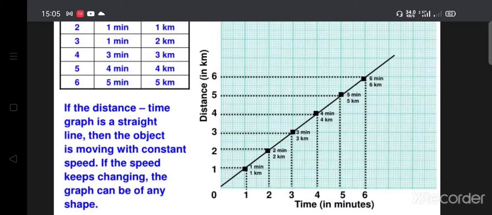So you are all very well aware of plotting points on a graph, and by plotting the points you can easily draw the graph for the travelling of distance and time for a particular vehicle. Such graphs are called distance time graphs, which help us to know whether the object is moving with equal speed, constant, so uniform speed, or if it is changing again and again, so it is non-uniform speed.